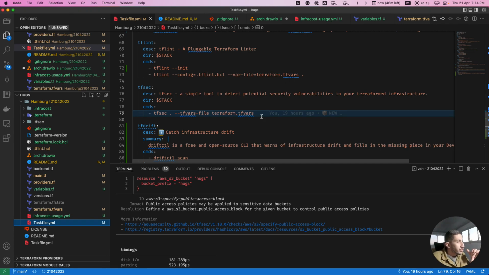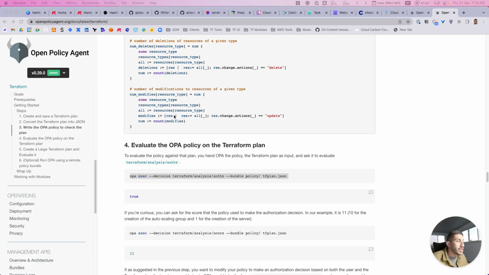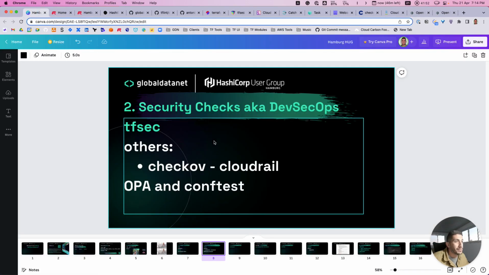So you can always make sure you don't miss if you need to encrypt something, like if you are using ECR or an S3 bucket or EBS or RDS or anything that needs encryption. TFSec will really help you with encryption, everything encrypted. And if you are using security groups or anything else, it will be really helpful for you. So if you need the bare minimum requirement, use TFSec or an alternative for security checks. If you need to take it to the next level with your organization, always use OPA and write your own custom policies, right? Yeah, that's it.